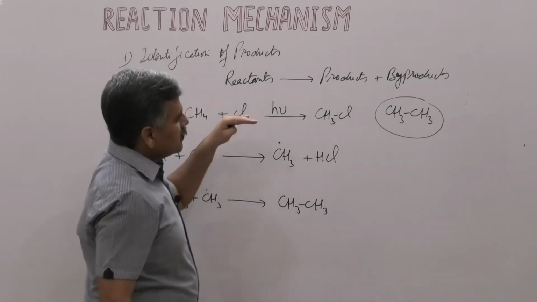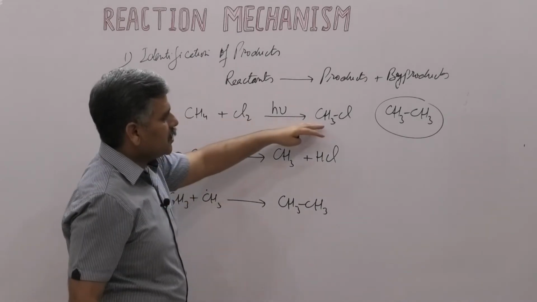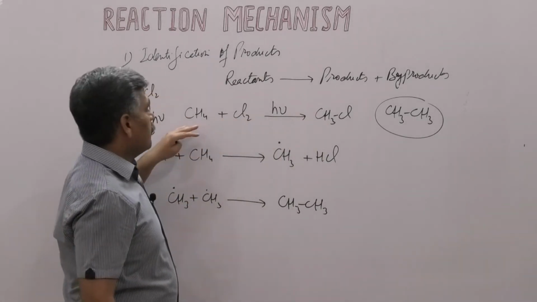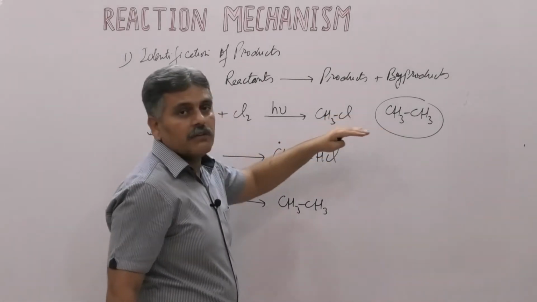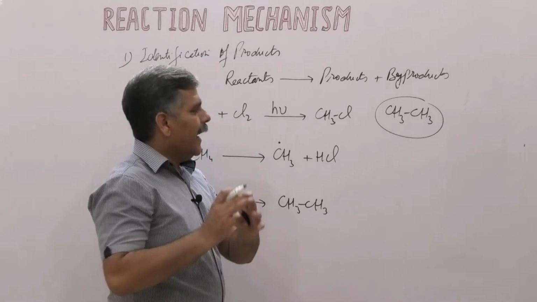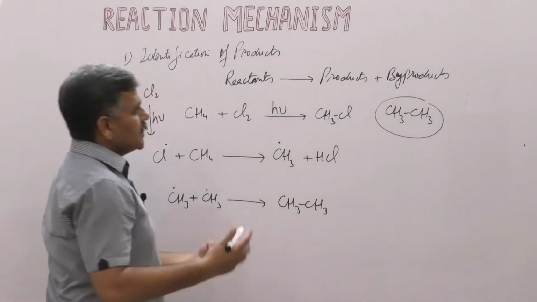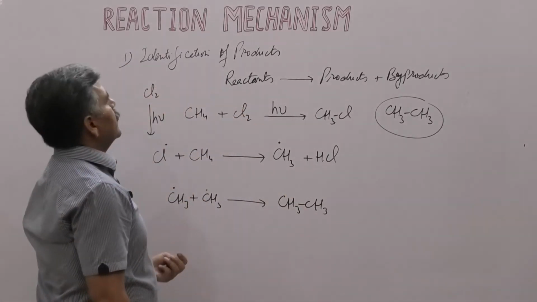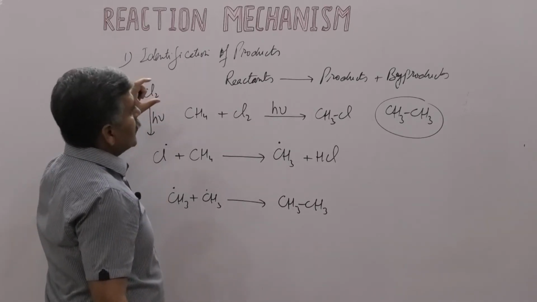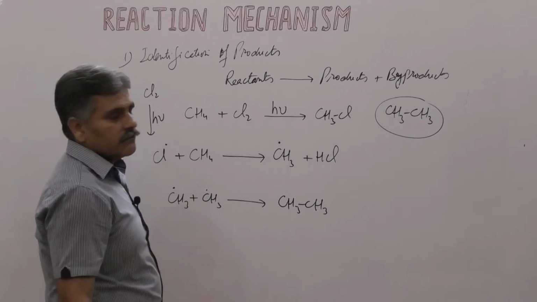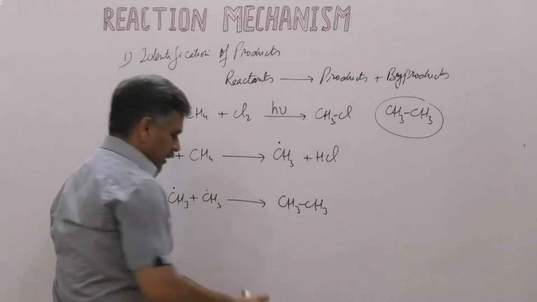It means this free radical mechanism for the formation of halogenoalkanes from alkanes is actually the acceptable mechanism, because it explains the formation of all the products and the byproducts. Another example in which we determine the reaction mechanism by identification of the products is the Hofmann reaction.